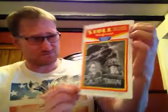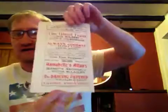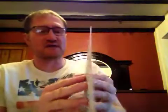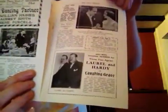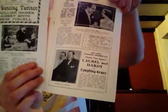And then moving on, there's this, which I absolutely love. This is another little theatre programme. This is original, from the Stoll Picture Theatre, Kingsway, London Opera House, from 1931. On the front you've got The Ghost Train, but what drew my attention was on the back, where you've got Laurel Hardy's name in red just at the bottom. When you open it up, a couple of pages in, you have a section on Laurel Hardy's short Laughing Gravy, 1931,